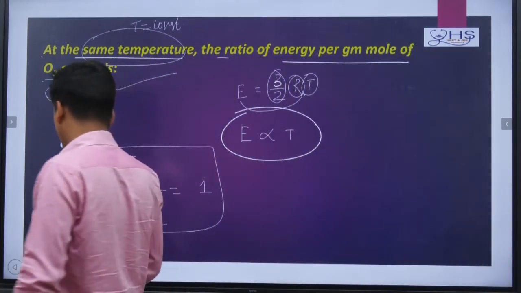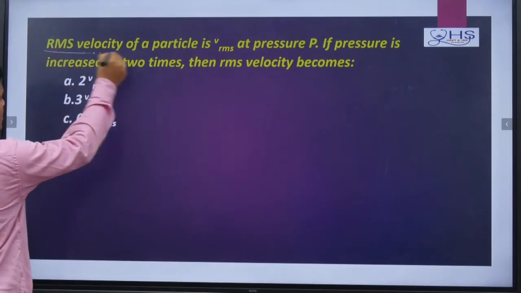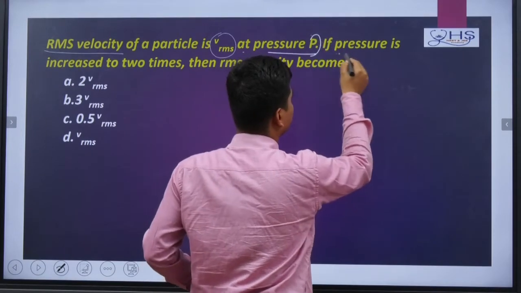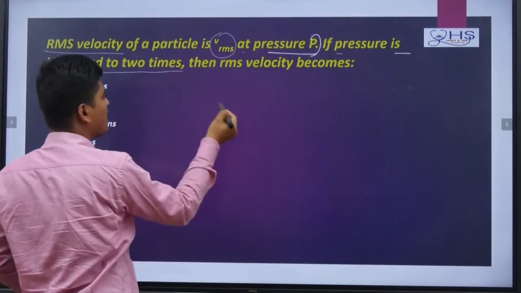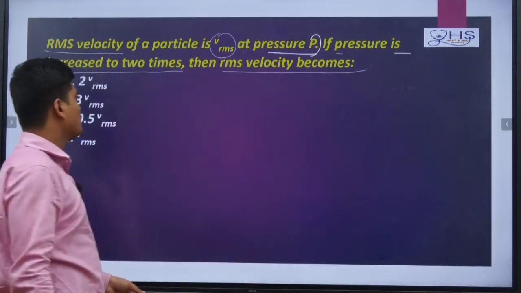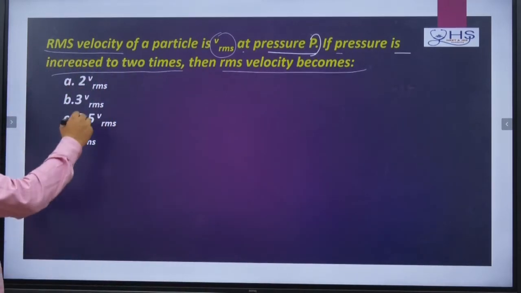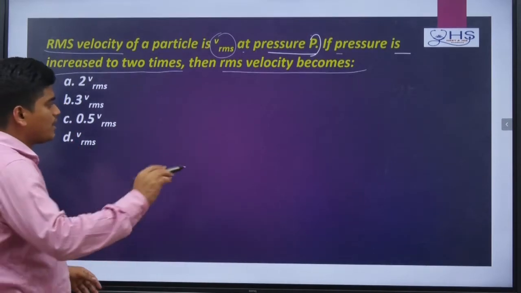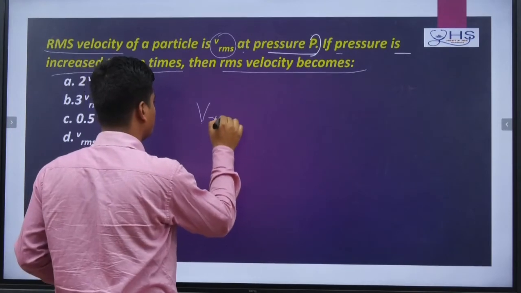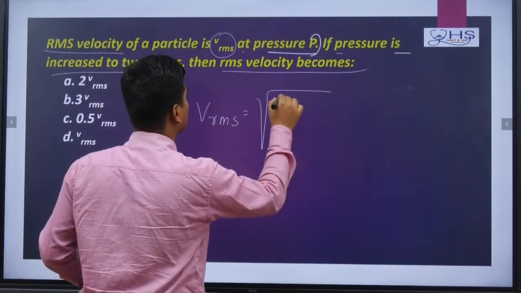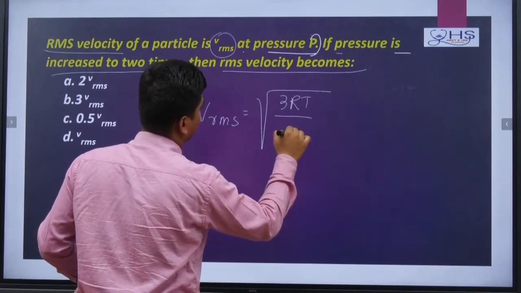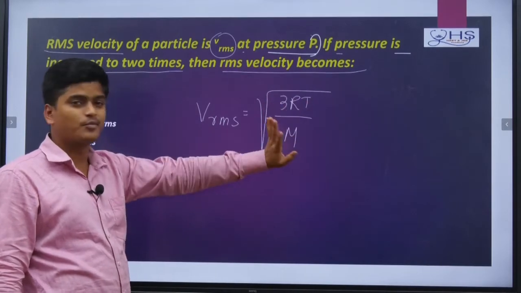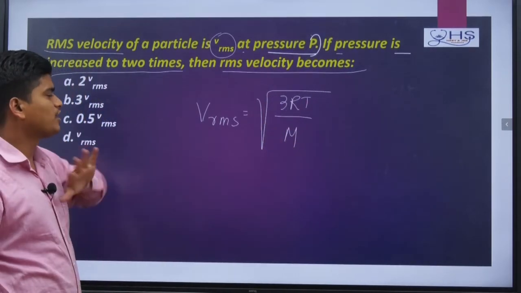Now come to the next point. RMS velocity of a particle is Vrms at a pressure P. If pressure is increased 2 times, then what will be the RMS velocity? So here some options are given: 2 Vrms, 3 Vrms, 0.5 Vrms and Vrms. Now understand, when we calculate Vrms, what do we tell? Root under 3 RT by M. Okay. So here if we check the Vrms expression, basically temperature and molecular weight are coming. So no pressure dependence, that means